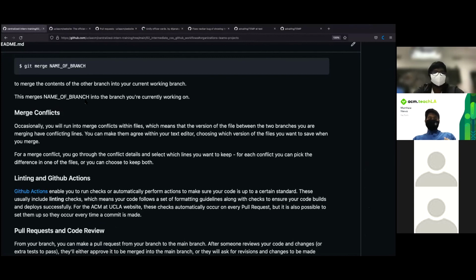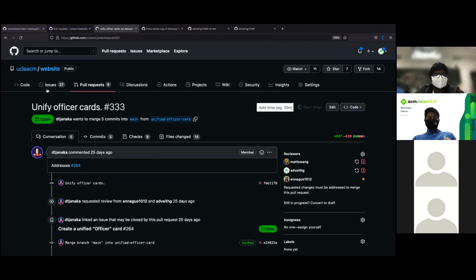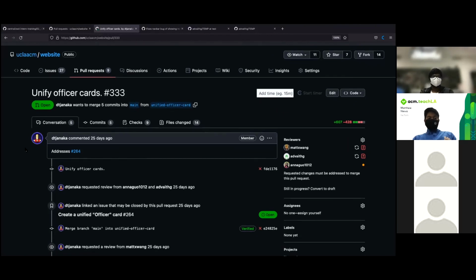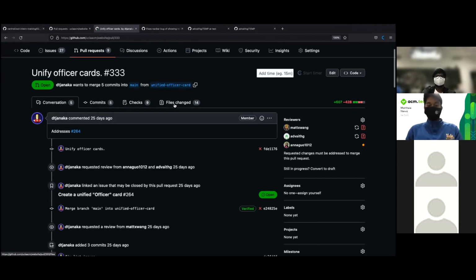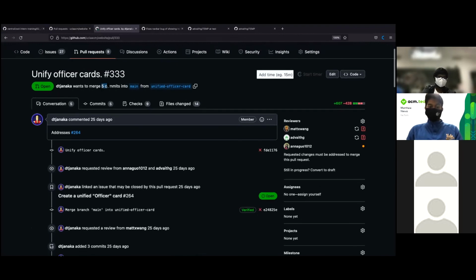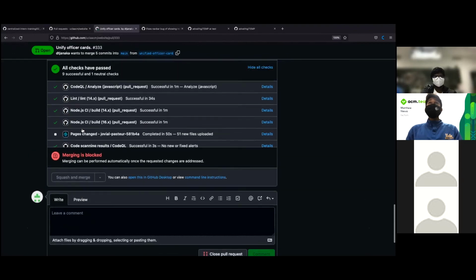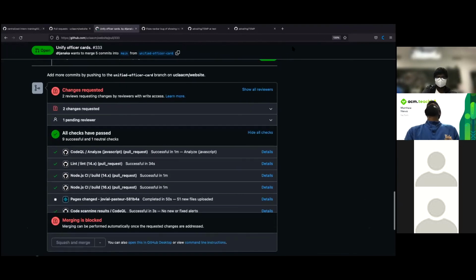For an example, let's look at a PR from the ACM at UCLA website. A pull request basically means I want what I have in my branch pushed into the main branch. So as an example, let's look at this one specific PR, which wants 5 commits to be merged into main with a bunch of changes. If we go all the way to the bottom, we can see